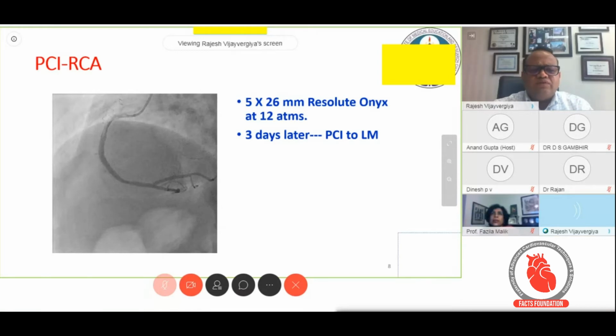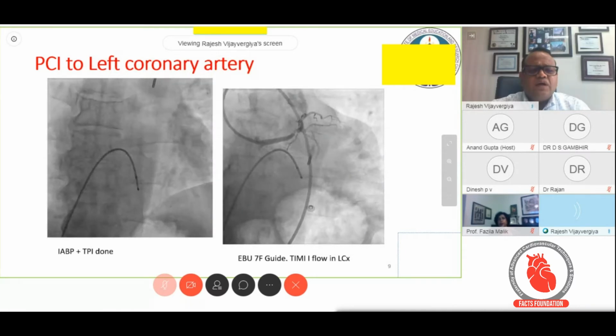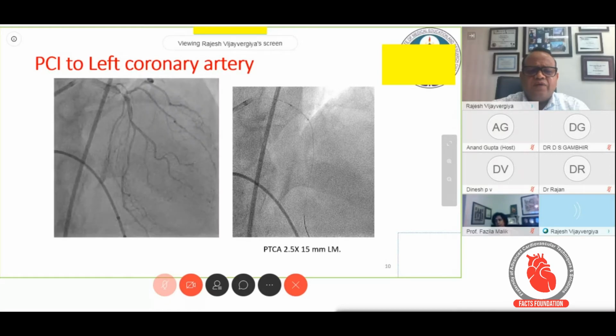Considering the complexity of the case, we put in a temporary pacemaker and also IABP support from the left side and from the right femoral. Went ahead with the PCI of the left main. An EBU 7F guide was used, and if you see, there is TIMI 1 flow across the LCX, which deteriorated in the last 3 days after doing the PCI to the RCA. This is the epicranial view. You can very well see the left main bifurcation disease, and the mid to distal LAD